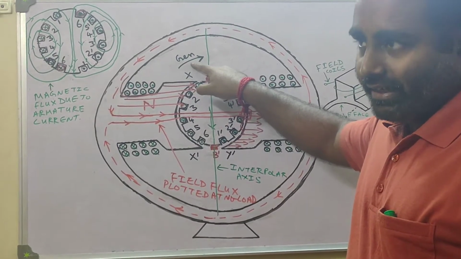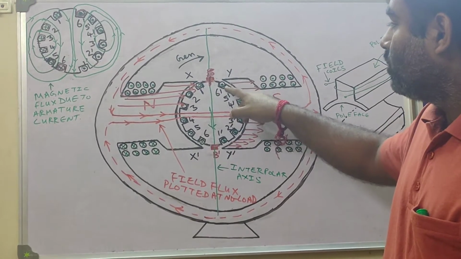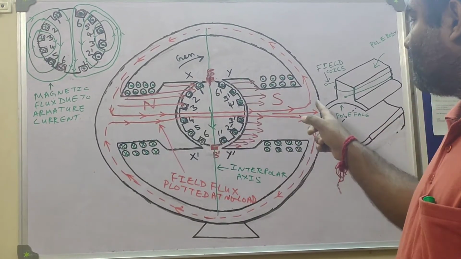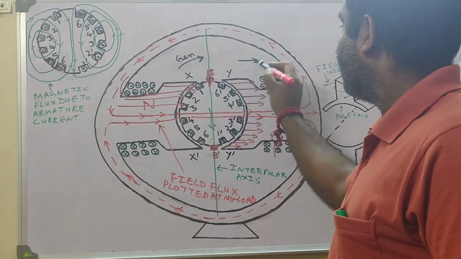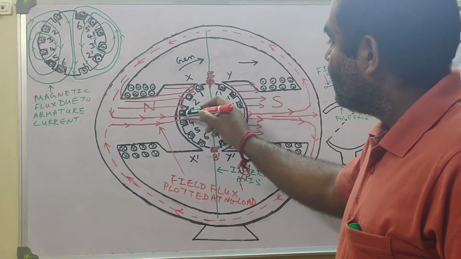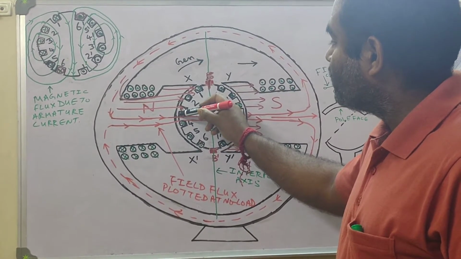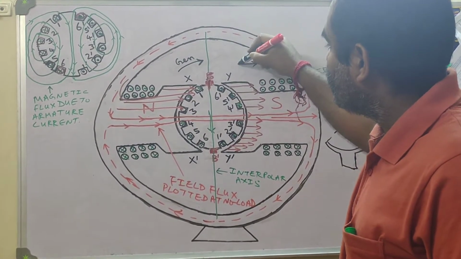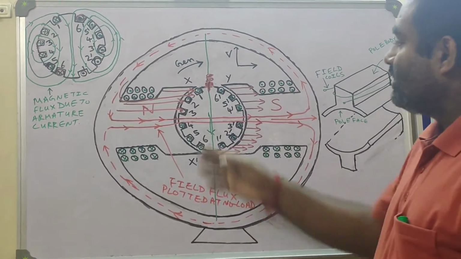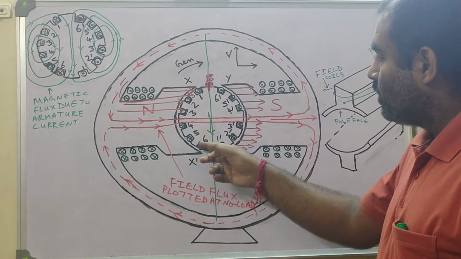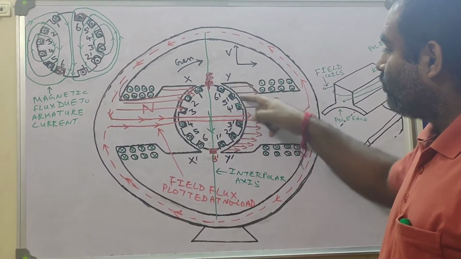So if this is generating action, this will be cross and this will be dot, because lines of flux are in this direction. So B vector is in this direction, magnetic flux density vector B is here. For this conductor, where is the peripheral velocity? For this conductor, the peripheral or tangential velocity is directed upwards. So this is my V. You apply Fleming's right hand rule, you will find that conductors under the north pole will have cross induced EMF, and conductors under the south pole will have dot induced EMF.